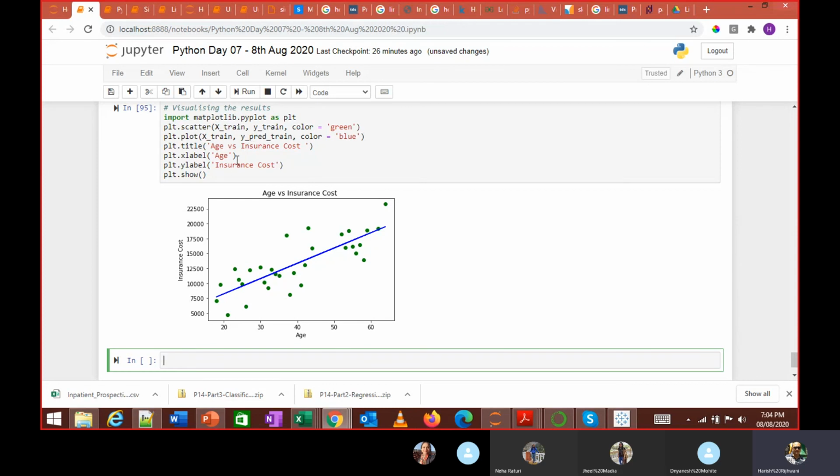Now using the same model, I am going to predict the value for y test. I'm going to predict the y test prediction equal to reg dot predict, and I will give x test.